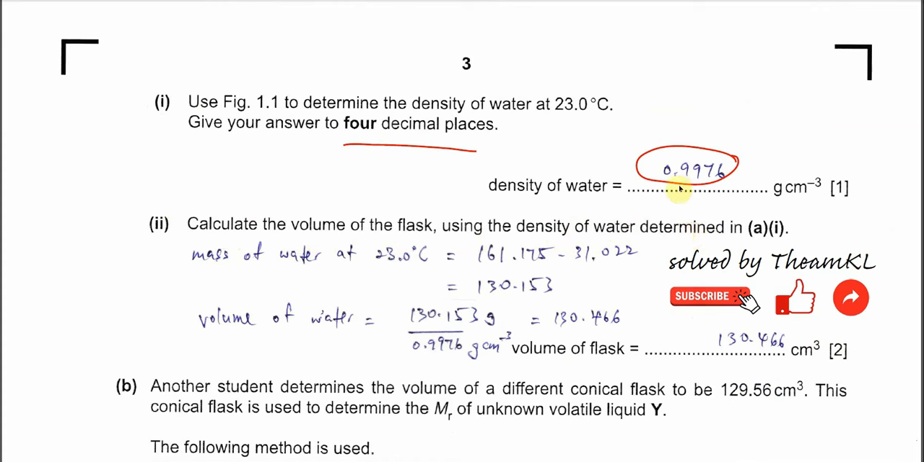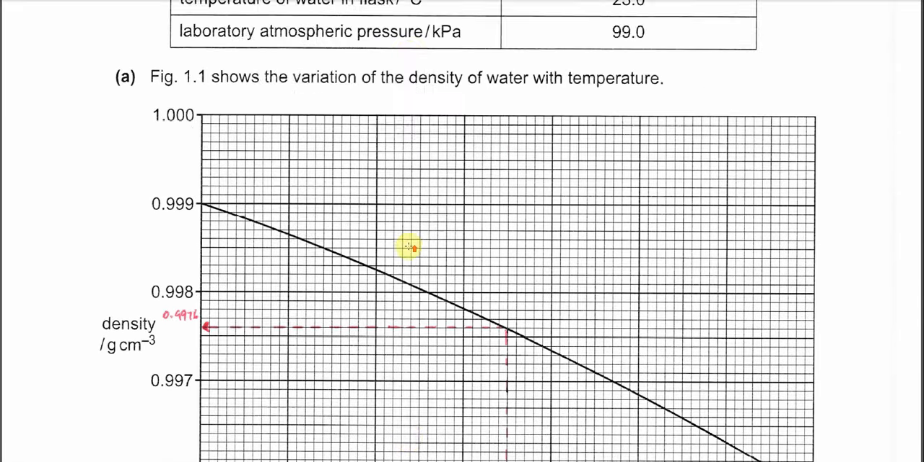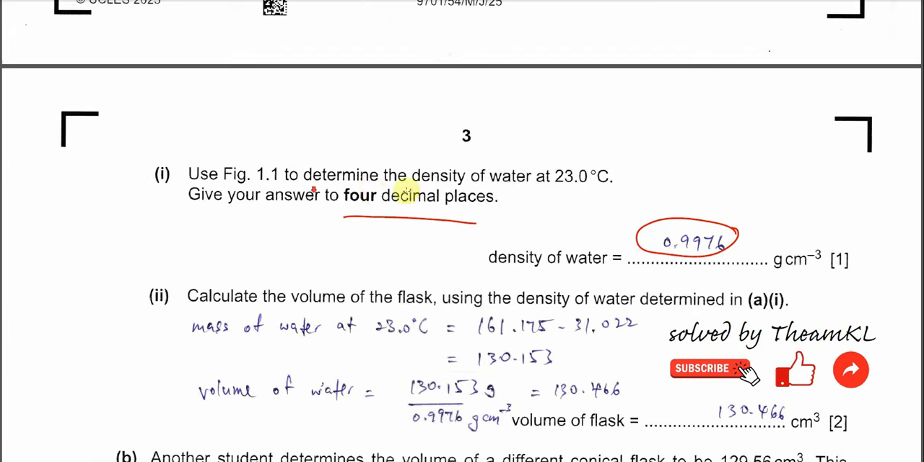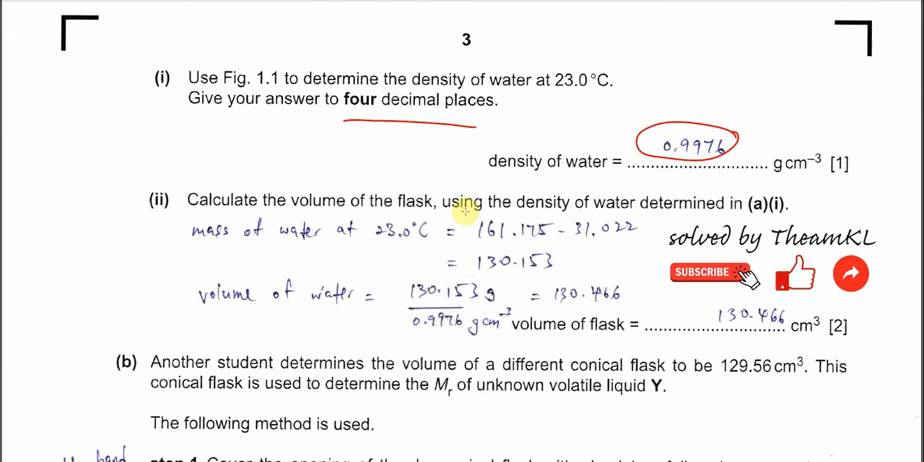The density obtained now is 0.9976, less than 1. Now you need to first get the mass of water from the table right here. Use the second mass reading minus the first mass reading, so you get the mass of water. So the mass of water at 23 degrees C is this one,